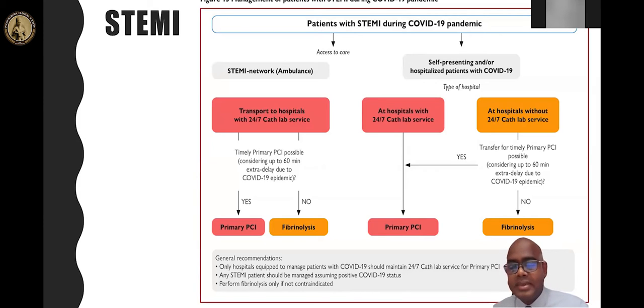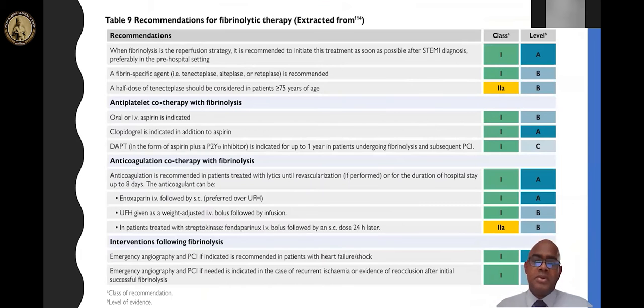If you can't do that, then the best thing is to go for thrombolysis at the first medical contact and evaluate how the patient behaves after thrombolysis. So I would give a few guidance points about the recommendations. Fibrinolysis therapy should not be delayed, which is a 1A recommendation. And fibrin-specific agents like tenecteplase should be used. This is a 1B recommendation. And please remember, if the patient is more than 75 years of age, we usually give half dose of tenecteplase.